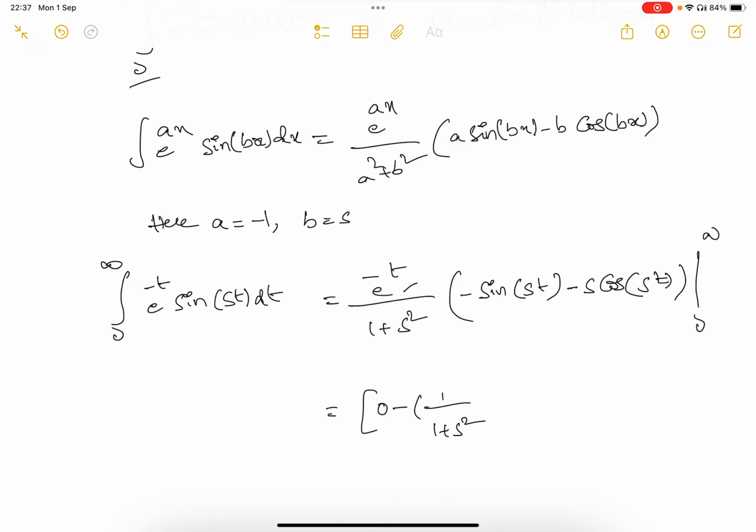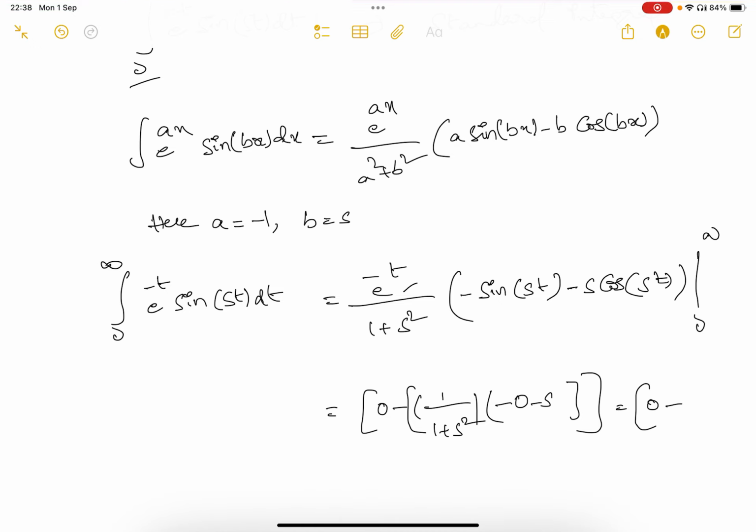1 plus s square into, right? And what about this? When t equals 0, this will be 0 minus 0, right? Then when t equals 0, this minus is for everything, right? When t equals 0, this will be 0 minus 0 minus, when t is 0, cos 0 is 1, minus s. Then this will be